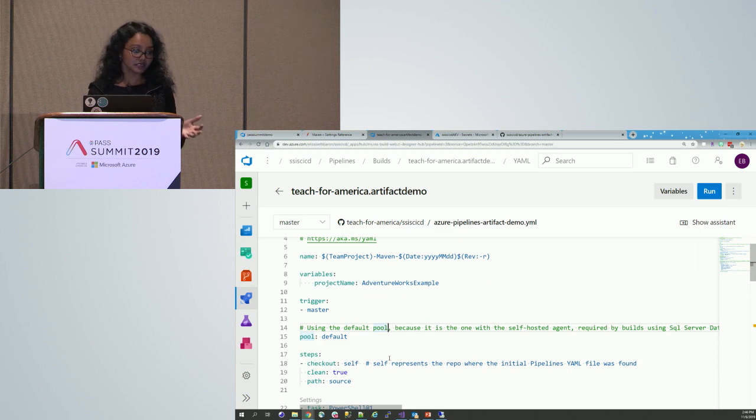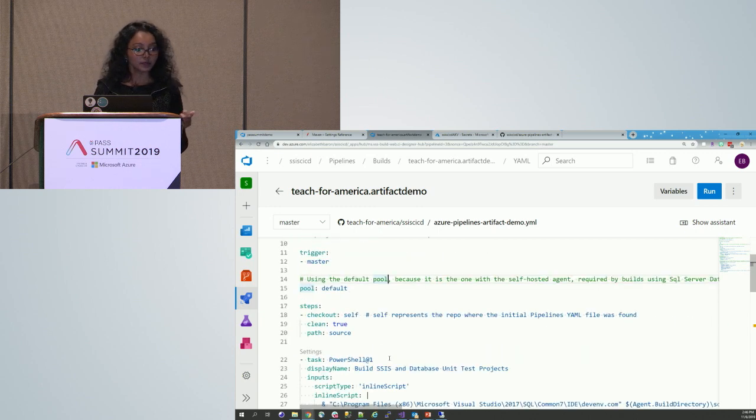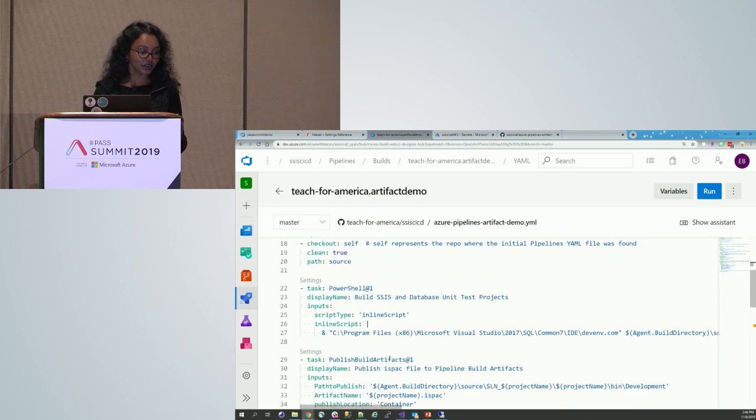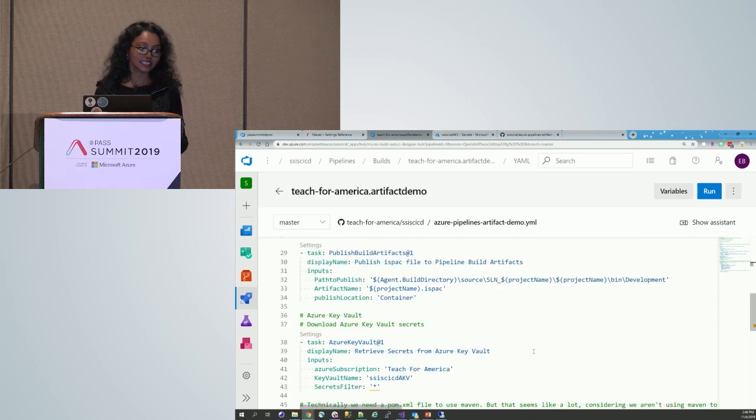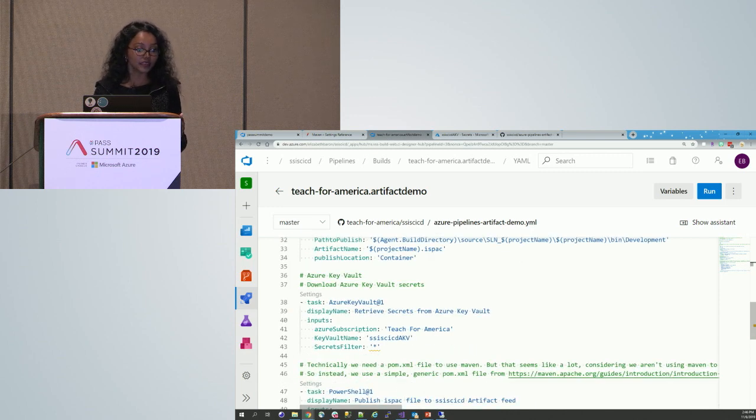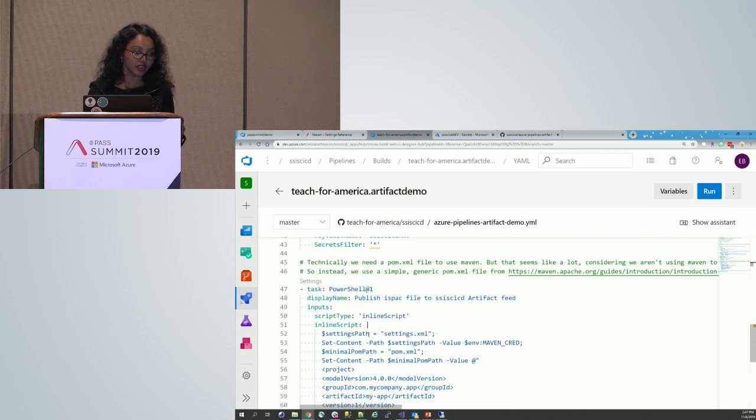It's a subsection of the pipeline which Liz demoed earlier, and it's building the SSIS project using the dev-env utility, and then it's publishing the artifact to the local, and now we want to deploy the artifact into Azure artifacts. That's why we are using the credential key vault, and I just set up the key on Azure Key Vault.